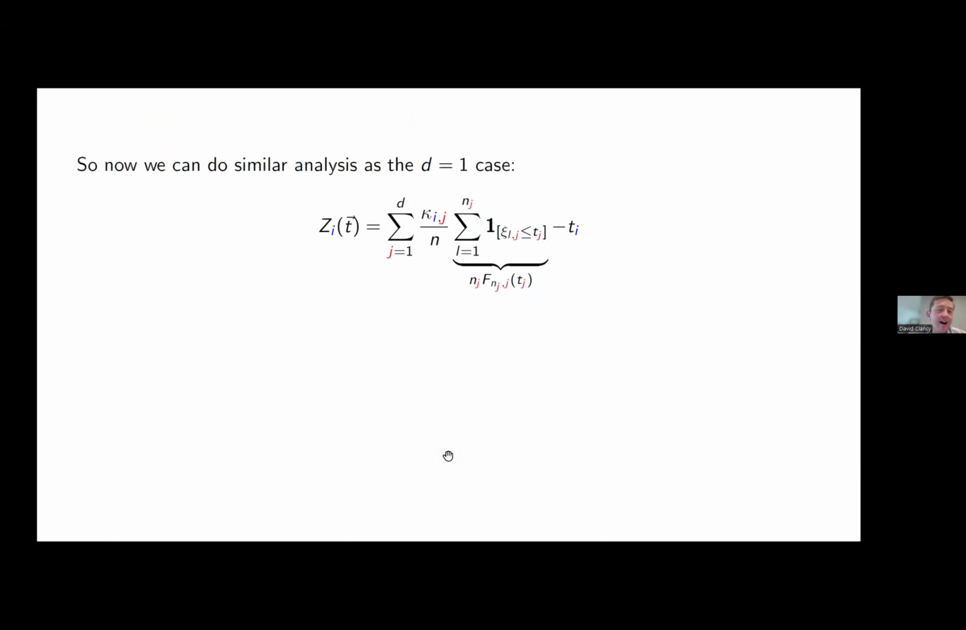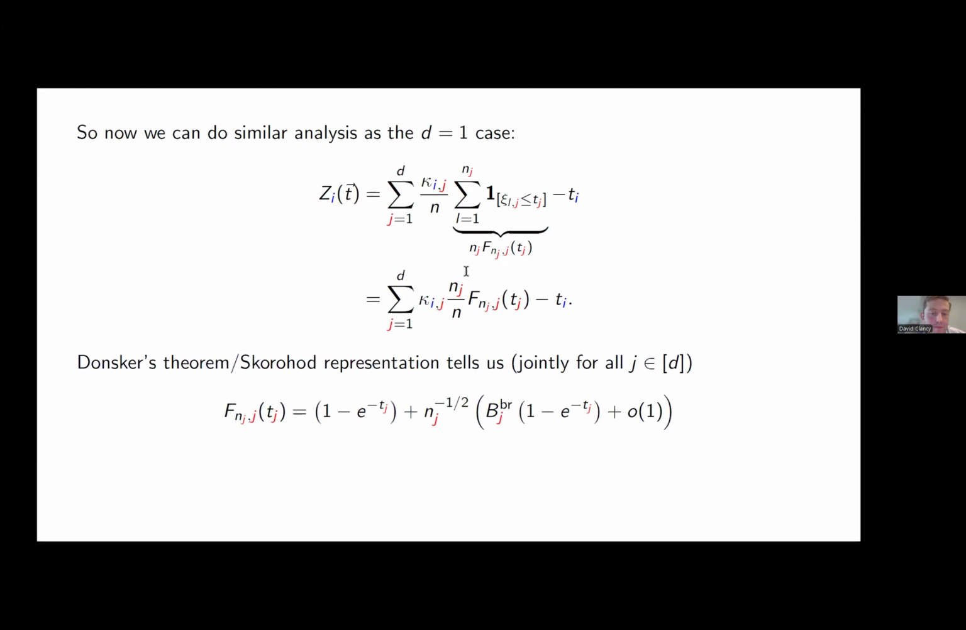Right. So now we can do very similar analysis to the type 1 case. We look at the vector, each of the coordinate functions z_i. We can write this in terms of an empirical process scaled up by some constant n_j. We can use